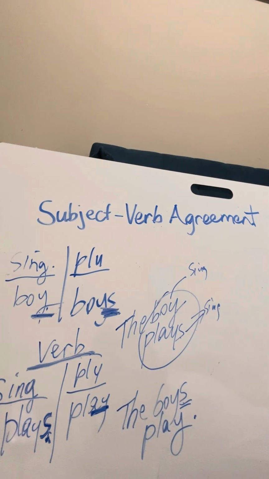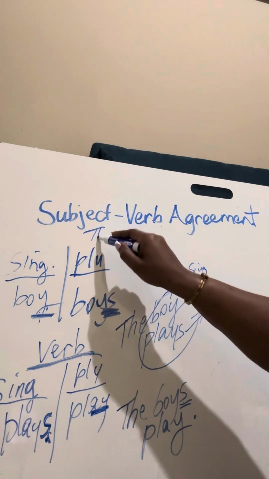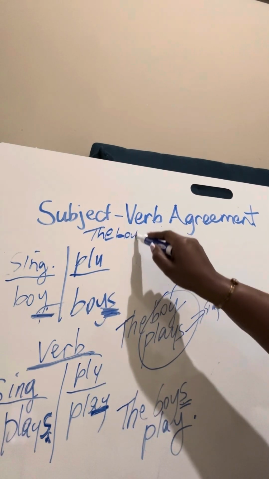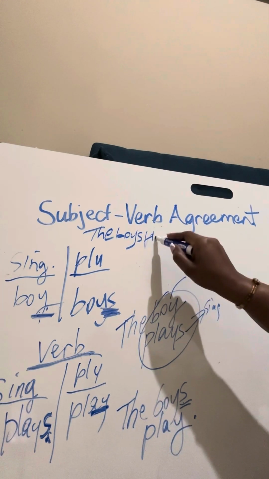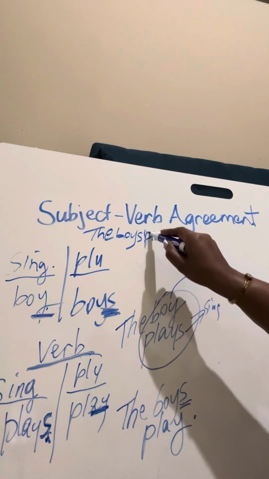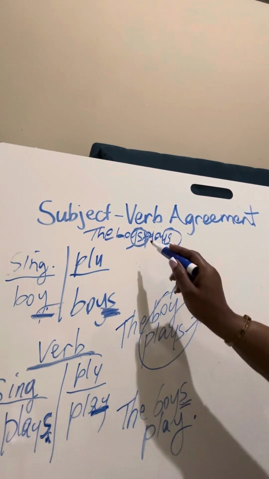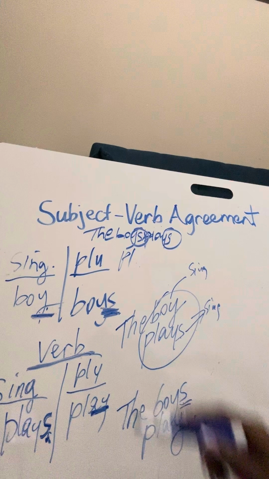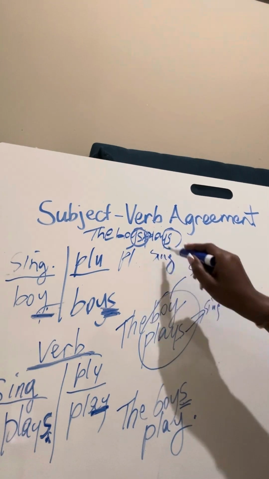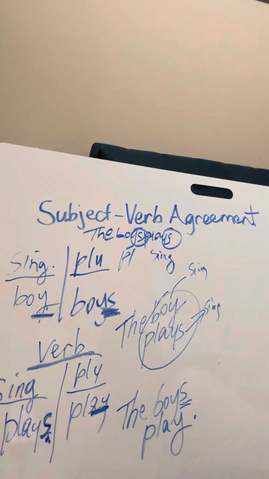So you cannot say the boys plays. I tell my students, when you see those two s's clashing, you know something is probably wrong. The boys plays. That's going to be wrong when you see the two s's clashing, because boys, plural, plays, singular, that would not be subject and verb agreement, and your subjects and your verbs need to agree in number. Number meaning